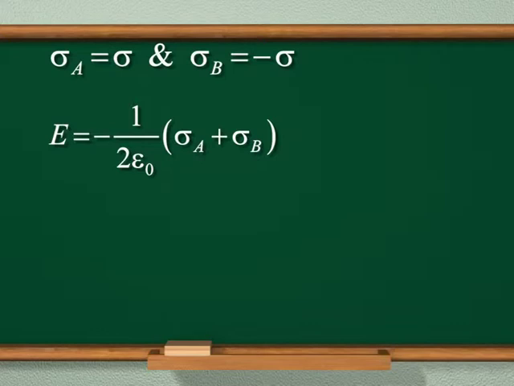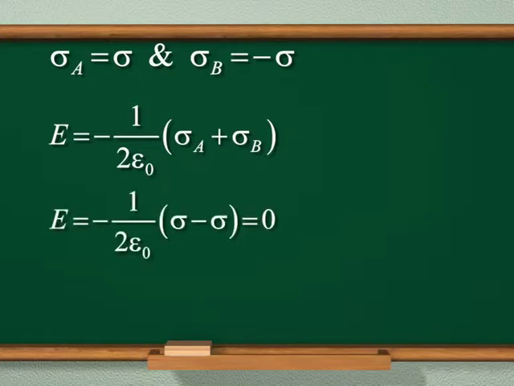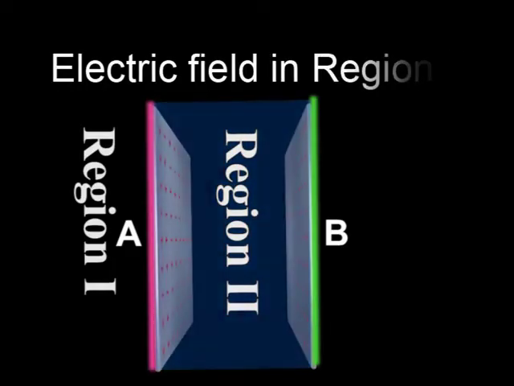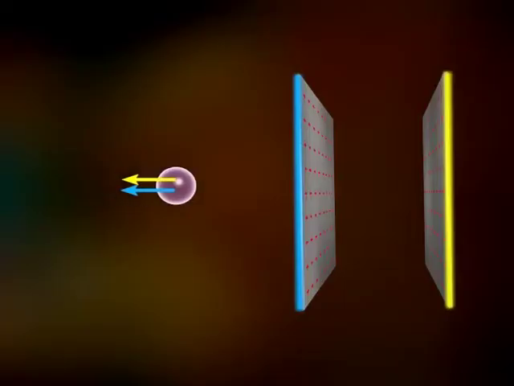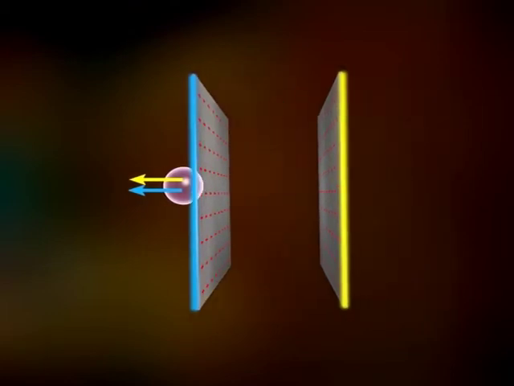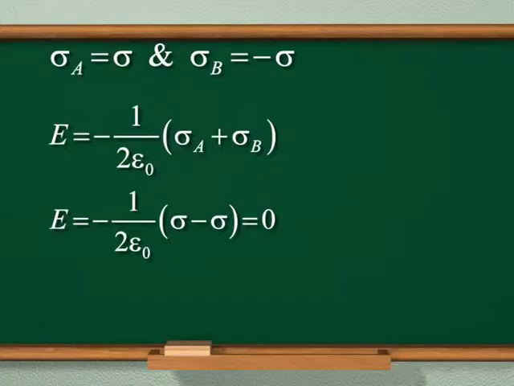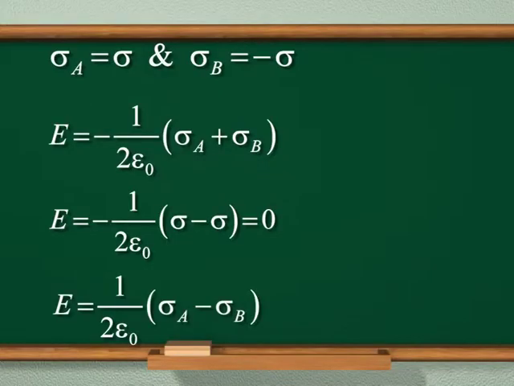Now, the electric field due to sheets A and B having charge density sigma and minus sigma in region first is E equal to minus 1 by 2 epsilon naught into whole of sigma minus sigma, which is equal to 0. As the electric field due to sheets A and B having charge density sigma A and sigma B in the second region is E equal to 1 by 2 epsilon naught into whole of sigma A minus sigma